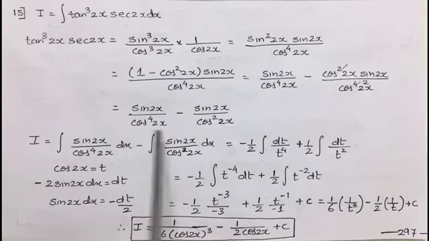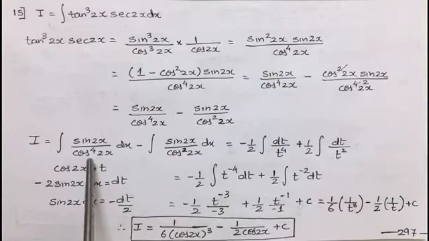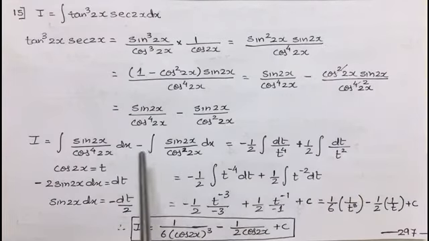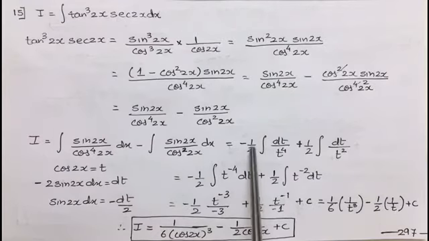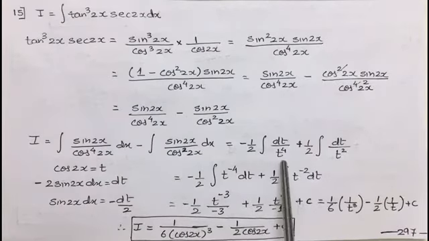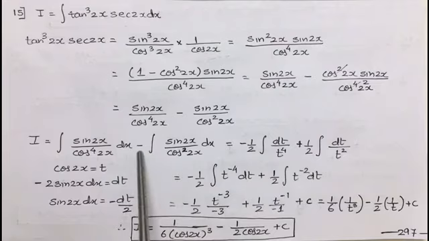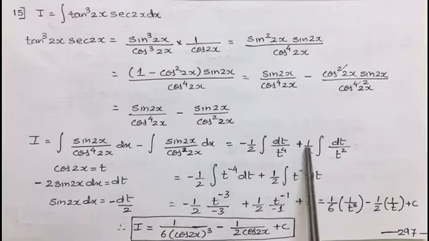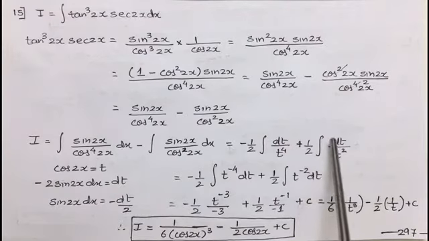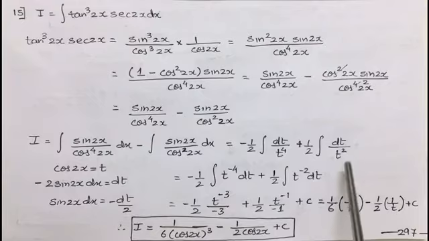Now keeping all the values in terms of t in the I statement, we get for sin 2x dx minus 1 by 2 dt, and cos^4 2x is replaced as t^4, as cos 2x is assumed as t. Now minus sign is there and minus dt by 2 is there, so minus and minus makes it plus half integration dt upon t^2.